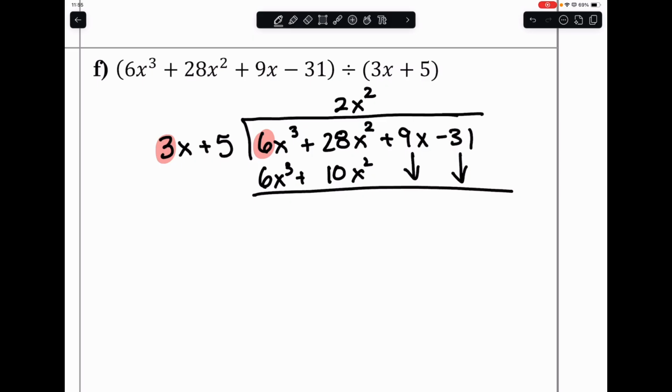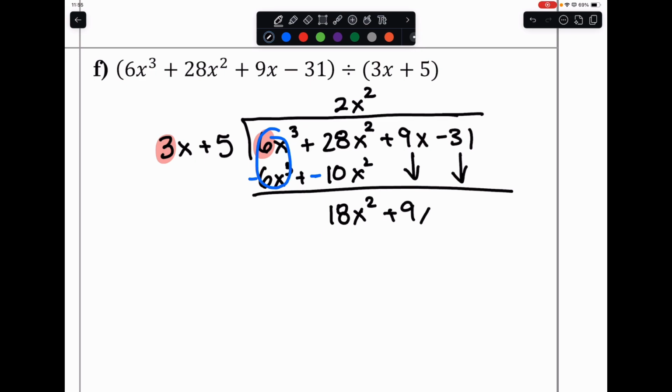We're going to change the sign to these two values, so this is going to become negative, and this is going to become negative. This is 0. And our next line is going to start with 18x to the second power plus 9x minus 31. So now we're going to divide